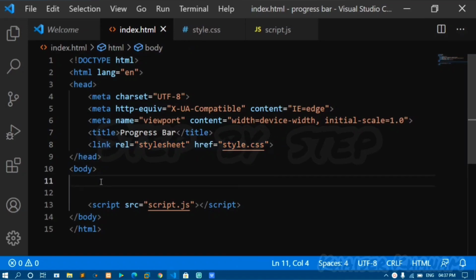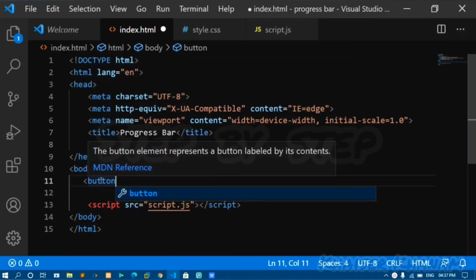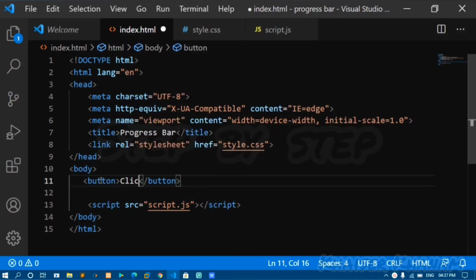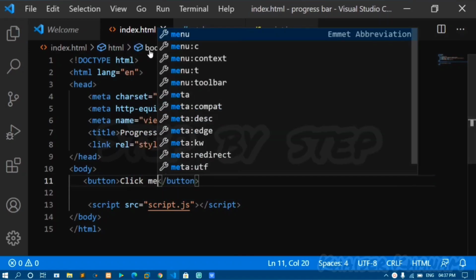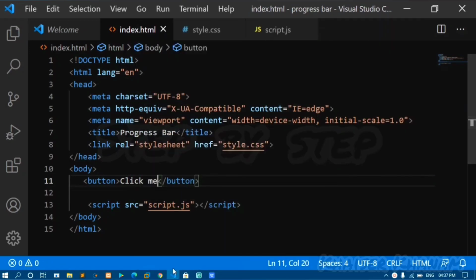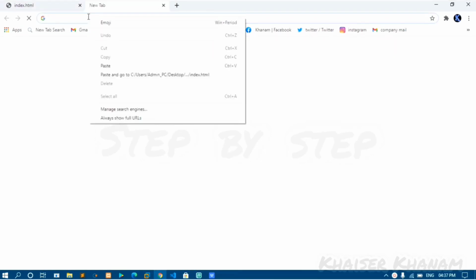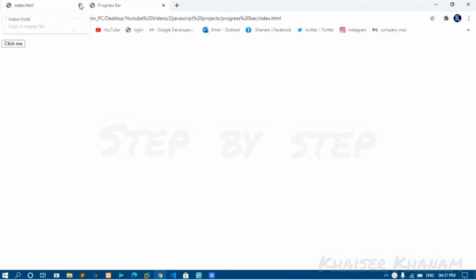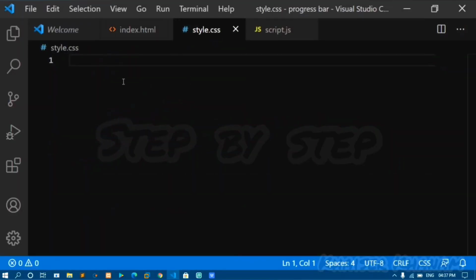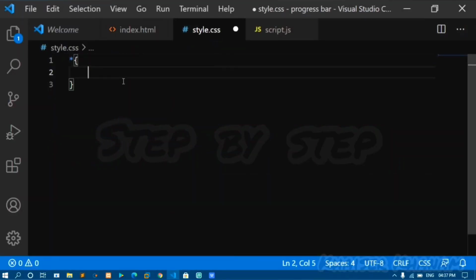Now inside my body I will create one button. I'll give the text as click me. Save this one, copy this path and paste it here. I'll close this. You can see our button here. So come to style.css. I'll write this one, padding 0, margin 0,